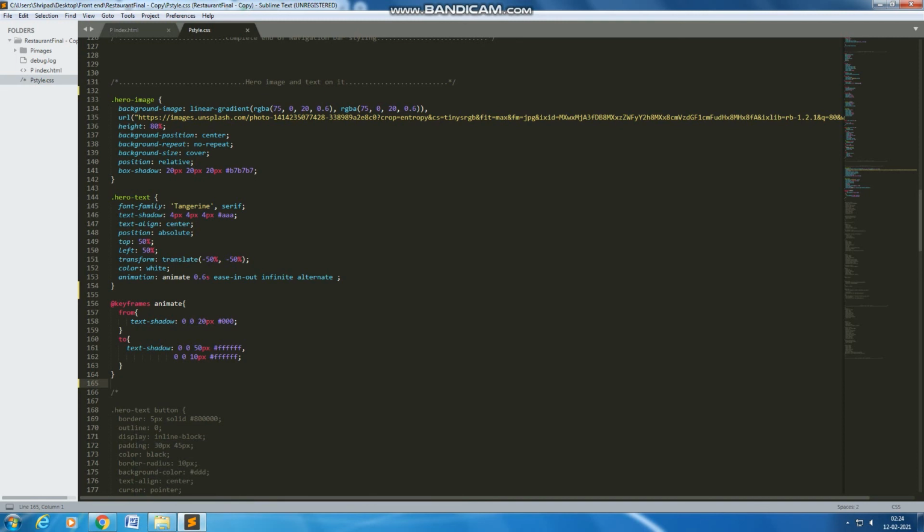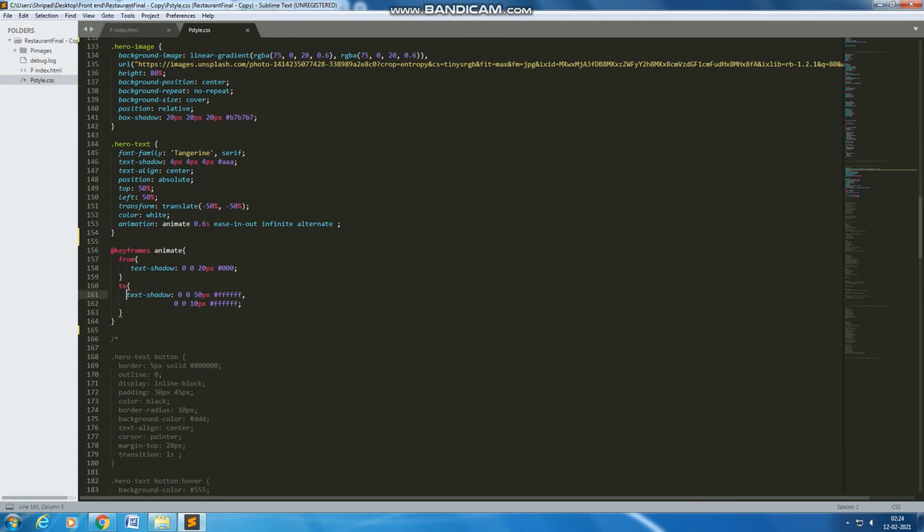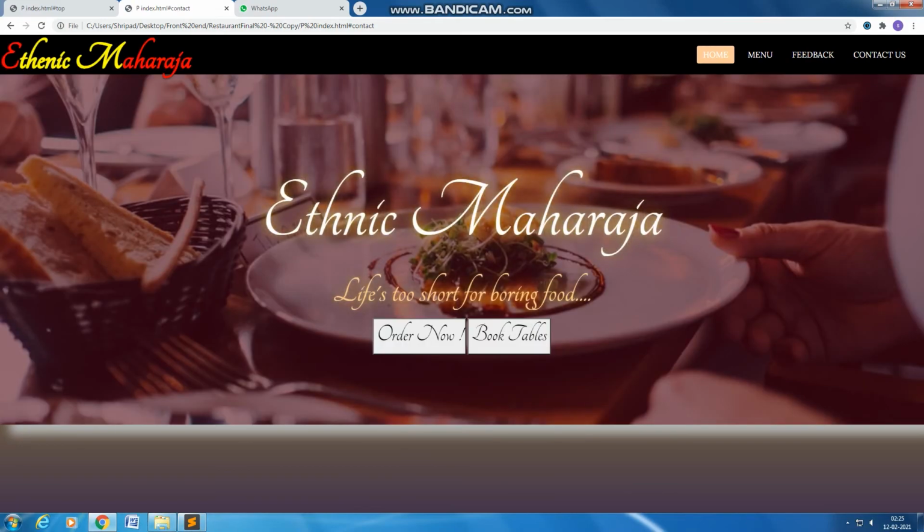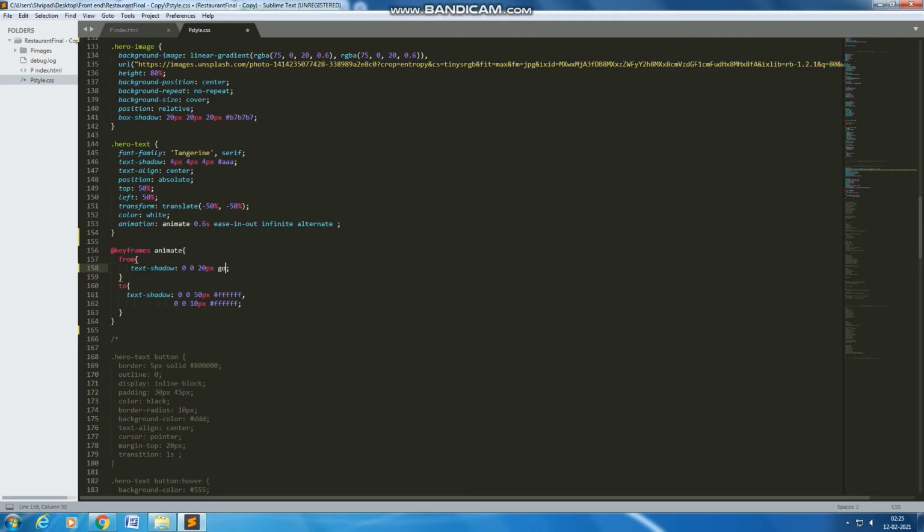So this is basically a property of CSS, text shadow. You can easily see it, and this is the color for that. Hash 000 is the color for black, hash FFF is the color for white. So you can add any other color. Say for example, if I don't remember color codes, I can add a normal color like just gold. Save this, and you can see that it has a golden effect now. Similarly, you can add different colors as per your wants. We will just keep it to hash 000, which is the color code for black.